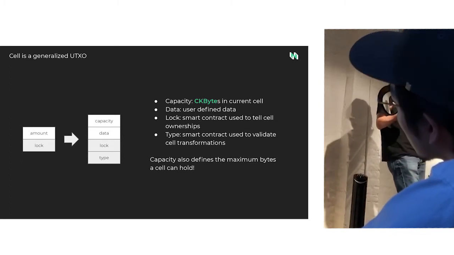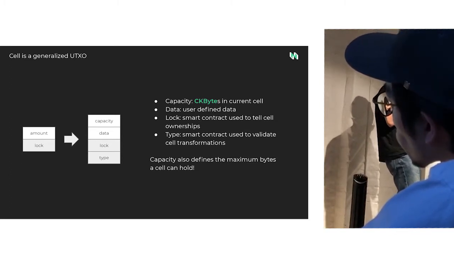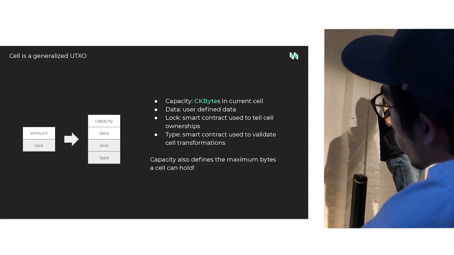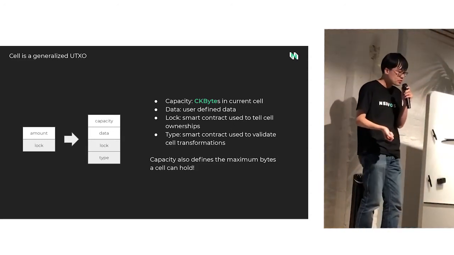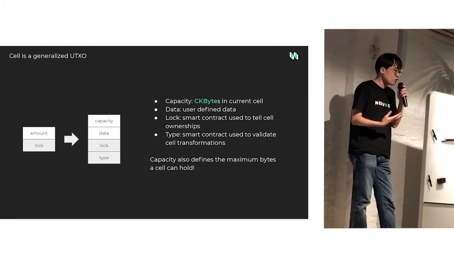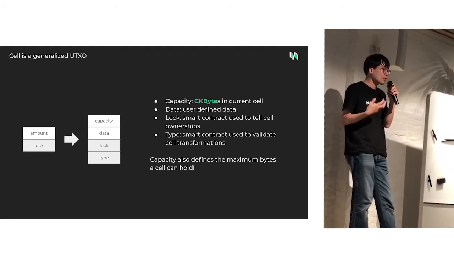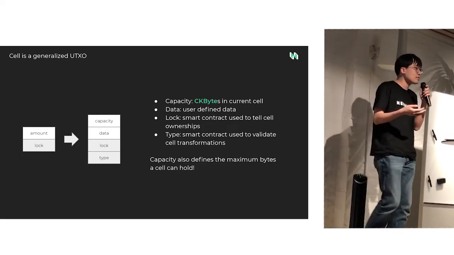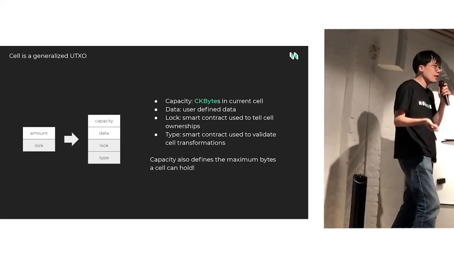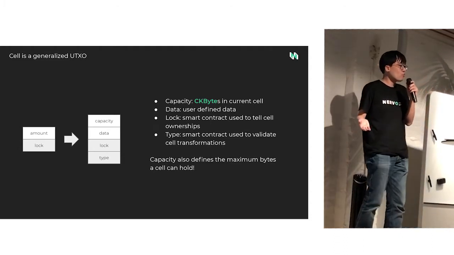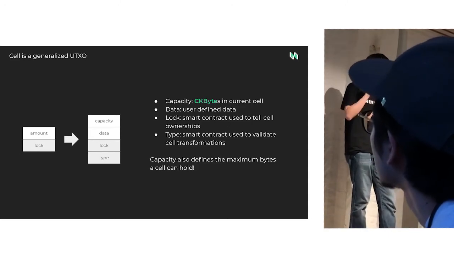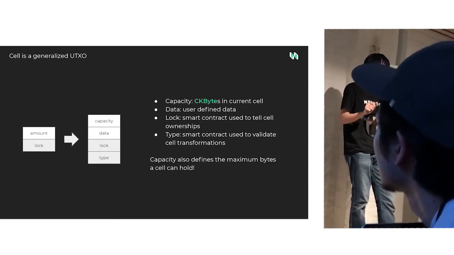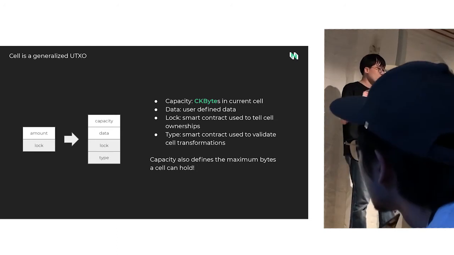The second part is called data. This represents how you can store real user data that matters to your application in the cell. Notice that this data is bounded by the capacity. Say you have a capacity of 100, it means you can only store 100 bytes in a cell. If you have a capacity like 1 megabyte, you can store 1 megabyte of data in the cell. The point is, the thing you can store in the cell is bounded by capacity, which is represented by the